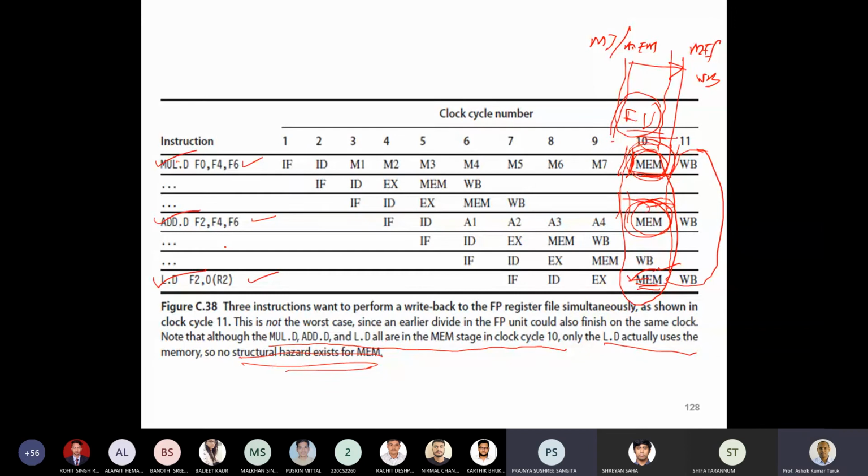The memory stage is required only in two cases. We are talking about a load and store architecture, where the memory is needed for the load instruction and the store instruction. No other instruction needs the memory. But in a pipeline, there has to be a stage for it. If it is a load instruction, it uses the memory to read from it. If it is a store instruction, it writes to the memory. So the memory is required only in the load and store instructions. The rest of the instructions do not need a memory, so the result has to be forwarded from one pipeline register to the next pipeline register. Okay, sir. Thanks a lot, sir.